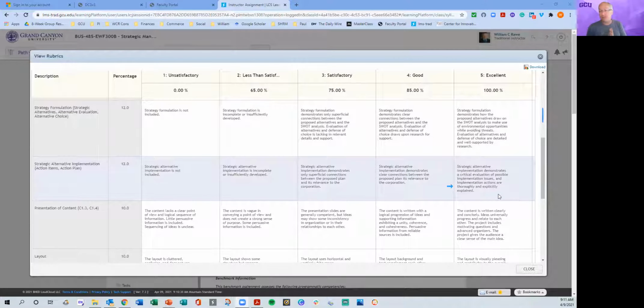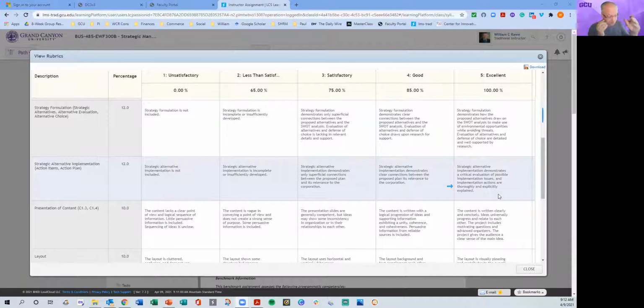Then the strategic alternative implementation. It needs to demonstrate critical evaluation of possible implementation issues. So what issues are there that could come up with implementing your strategic alternative? And you need to show that implementation actions are thoroughly and explicitly explained. So don't just label them and tell me how they are, but you need to demonstrate for me in this